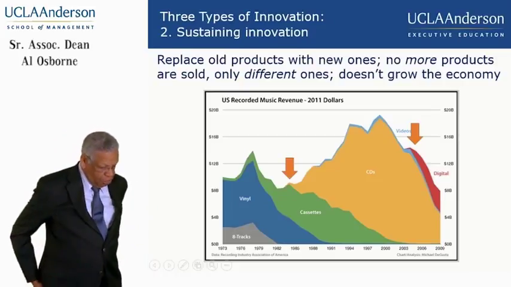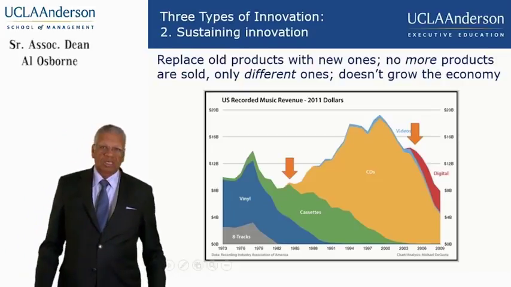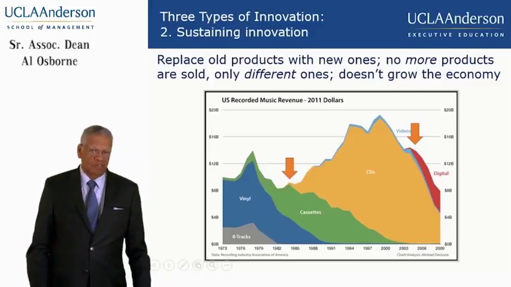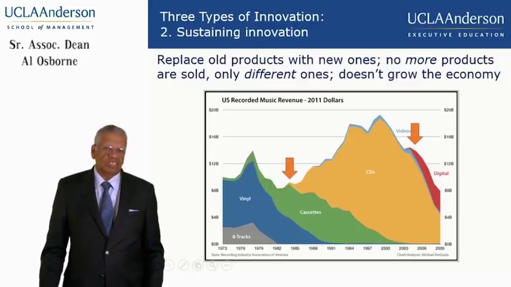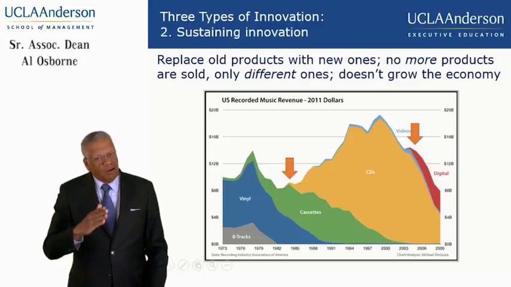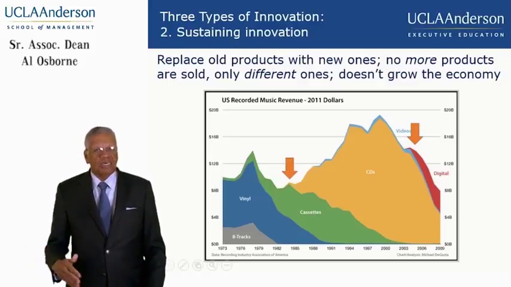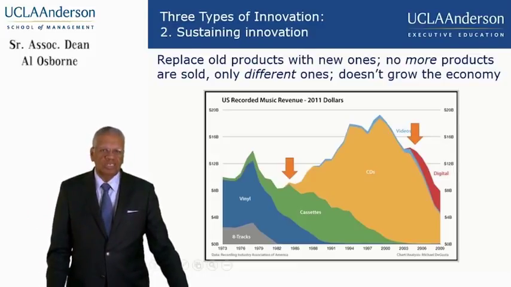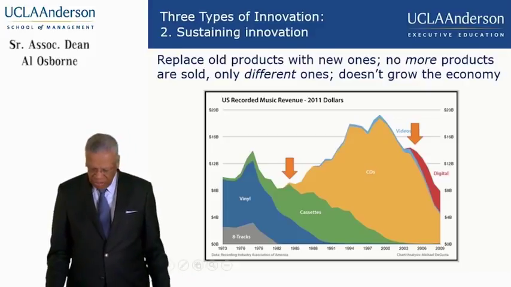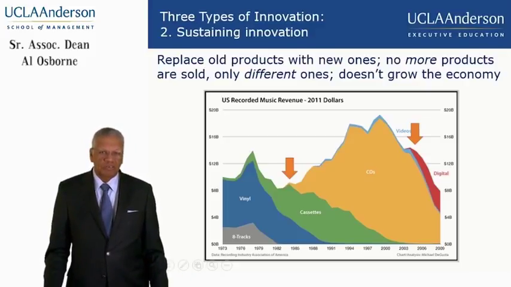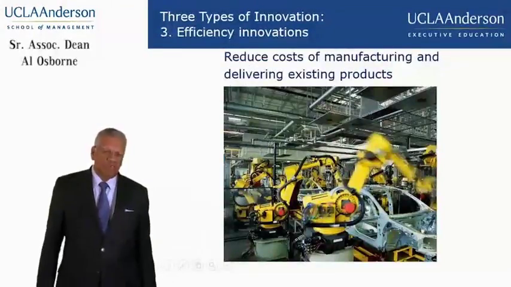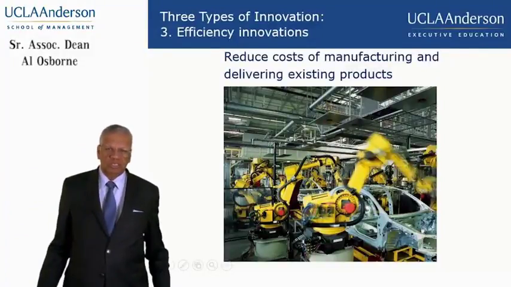My simple cell phone right here in my pocket, which I've misplaced, is an example of a continuing evolution, how these phones have also gotten very smart. And you could create a chart similar to this one, where you would see how additive it is and how innovation sustains itself over time with that technology in terms of how people communicate with each other, of what was accepted as telephones. Now, the third type of innovation is what we call efficiency innovation.